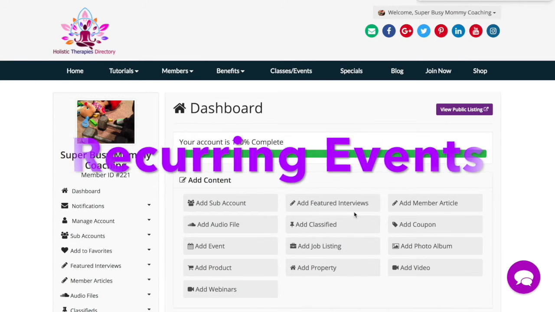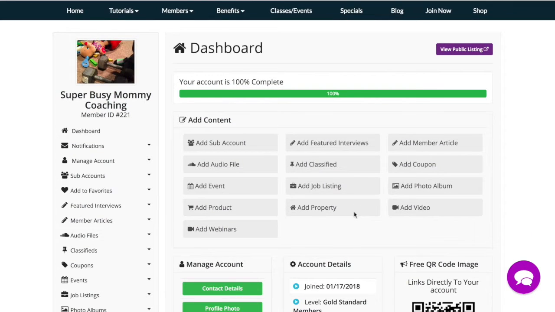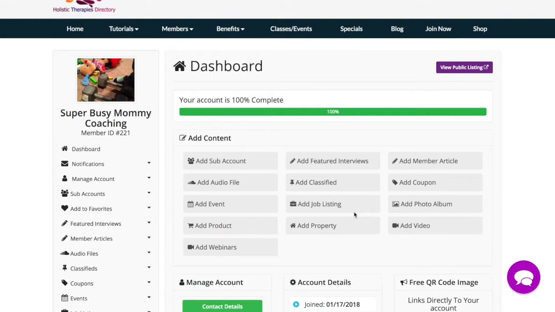Okay, guys, welcome this evening to another tutorial, but this time it is an updated, upgraded tutorial. One of the biggest problems that we have had within the holistic platform is people not utilizing the event feature as much as they should. Primarily that was down to the fact that nobody wanted to go in and add a class that they were doing on, say, a Monday, and then that class would have to be added again after the class was done. So we now have this recurrent classes feature, and it's so much better for you to use our event